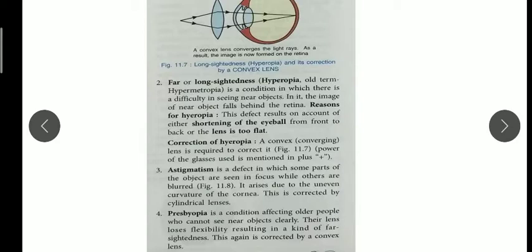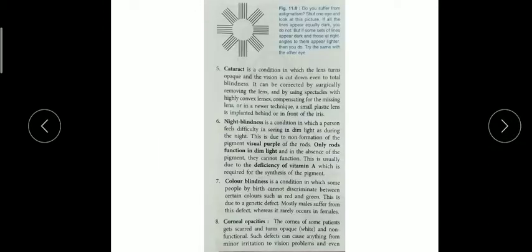Now next one is presbyopia. Presbyopia is a condition where the lens loses its flexibility. So it usually occurs in older people, as you can see, and it is corrected by the convex lens. These three things are very important: older people are not able to see the near object clearly because their lenses lose flexibility, and the lens will not bend or show the proper curvature. With the convex lens we can correct this defect up to a certain extent.